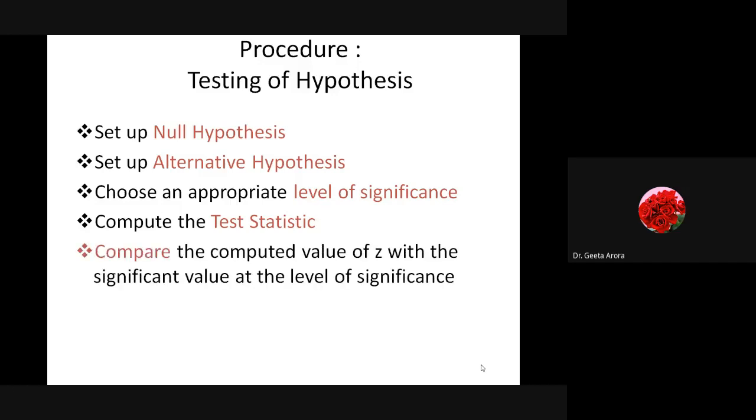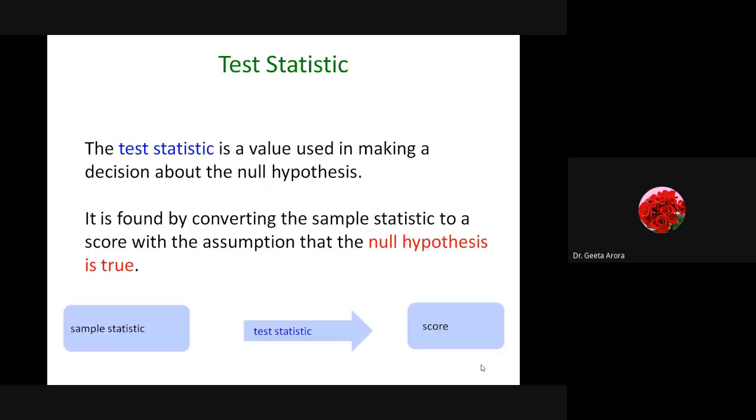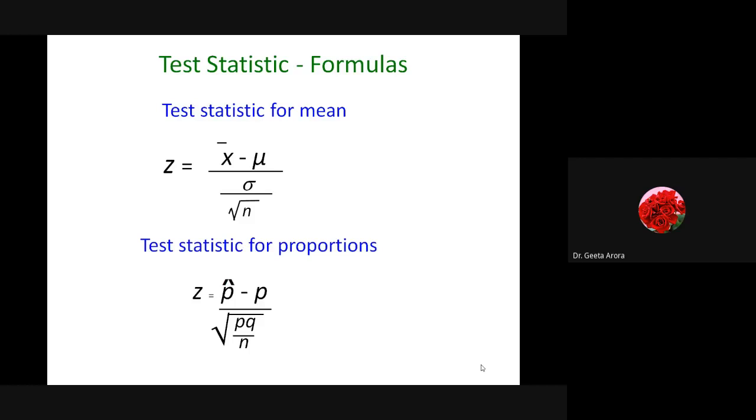Then, we have to compute the values. We have to calculate some value based upon which we are going to make the decision. The decision is whether we accept our hypothesis or reject it. Correct? And the first formula that we have learned is Z equals x bar minus mu divided by sigma by root n. For proportions we are not going to study now, it's not in our course, but these are the important and common formulas that we have to use regarding the Z test.